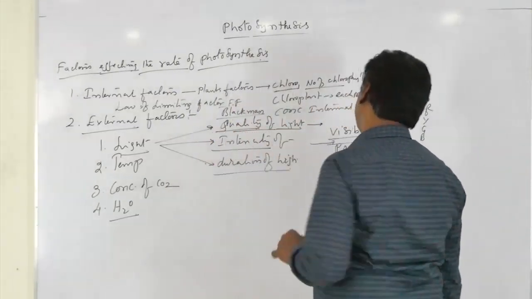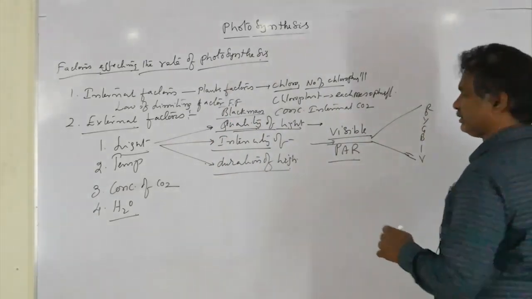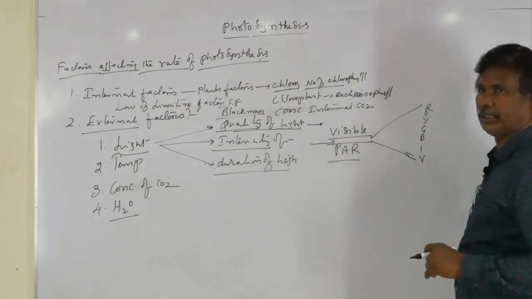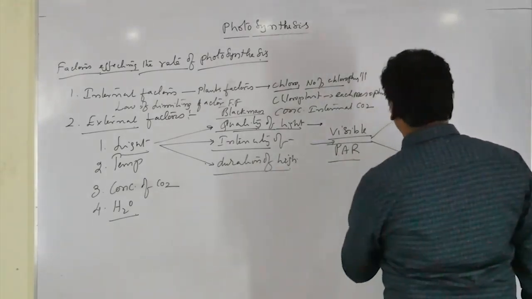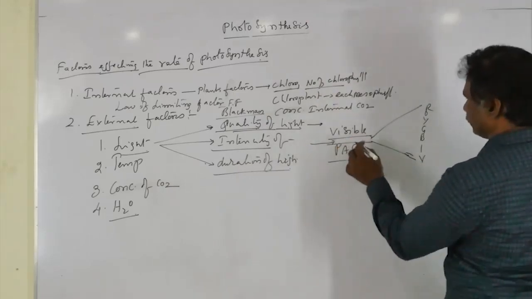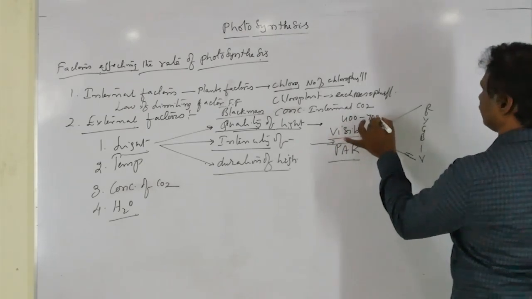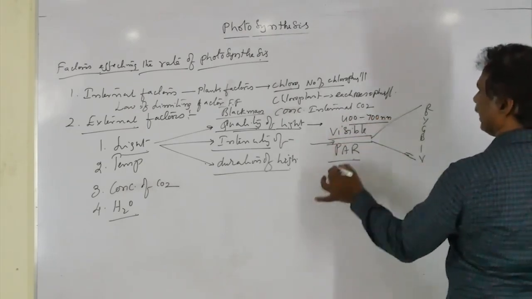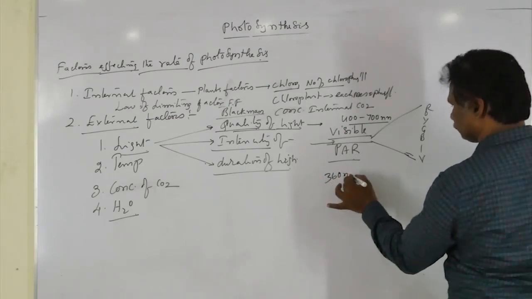So, quality of light. Normally, photosynthesis takes place within the visible light, which is simply called PAR, photosynthetically active radiation. Photosynthetically active radiation takes place only in visible light. That visible light ranges from 400 to 700 nanometers. Actually, 360 nanometers to